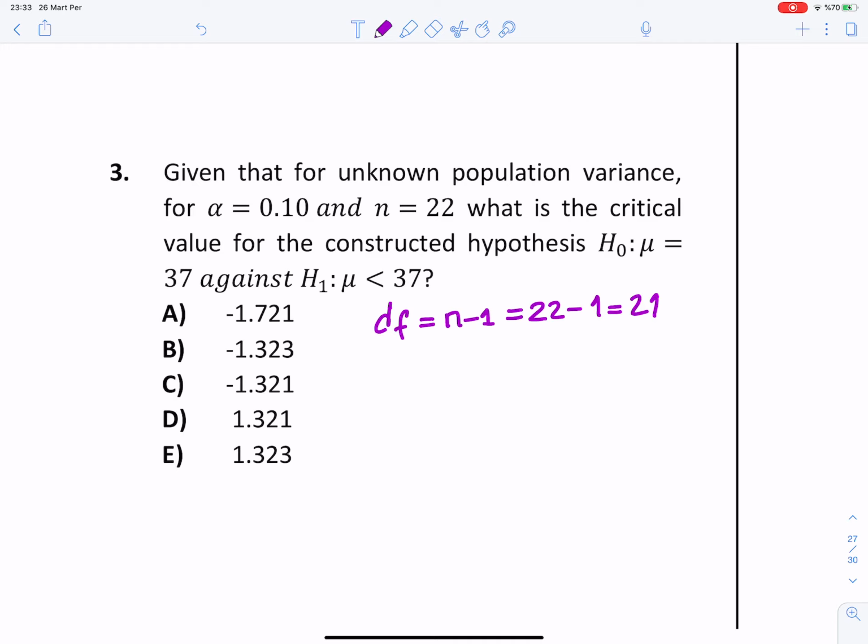It is a left-sided hypothesis, so the critical value should be the t critical equals t 21. So it is on the left side, so I'm gonna have it as a negative value, minus t 21